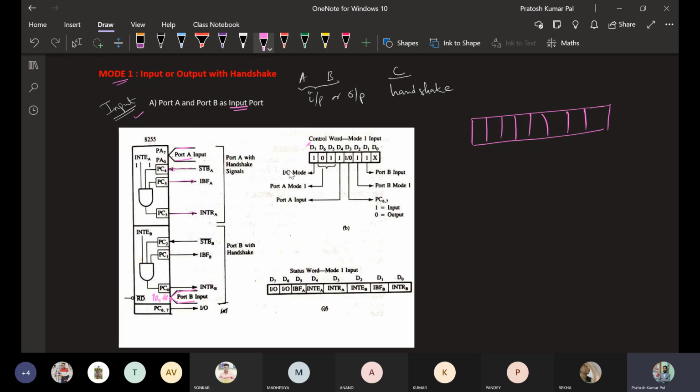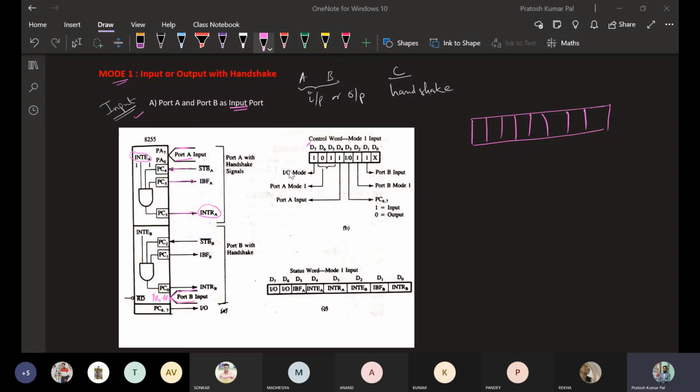Along with that, there is another signal that is considered part of the control bits, a control signal: INTE, interrupt enable. If this pin, INTE A, is 1, then only the interrupt will be activated. If port A wants to send an interrupt, it should make INTE A active. So these three signals, strobe, input buffer full, and interrupt request, are the handshake signals.